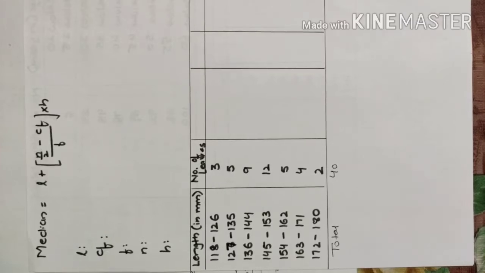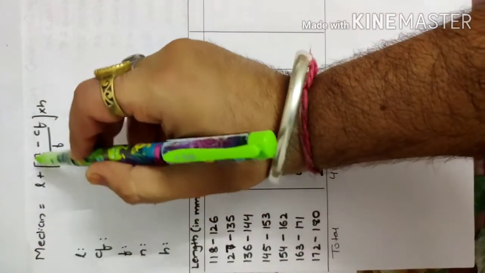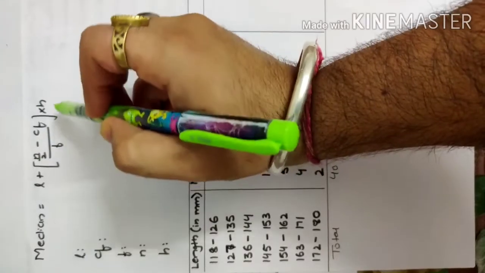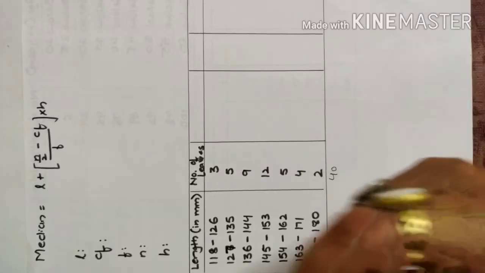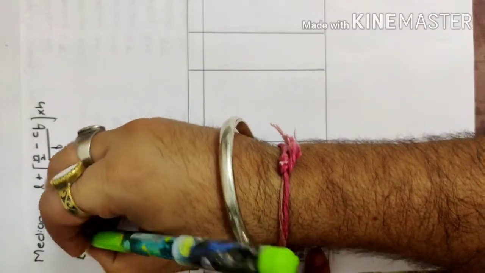So now we have to start with a new topic that is median of the group data. As you can see, I have written the formula for the median: L + (n/2 - CF)/F × H. Before you can learn this formula, we need to know what L, N, F, H and CF mean. L is basically the lower limit